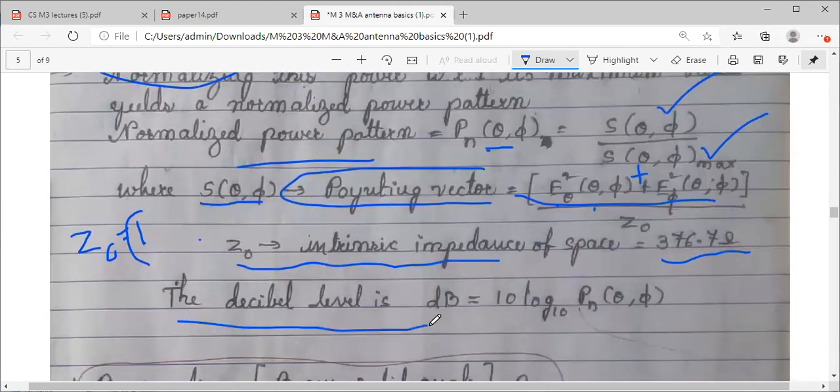I've given you here one more detail, that is the decibel value. Any power is generally represented in decibels. So it is 10 log P. If you want to go for E, then you need to take E square. If we take E square, then the 2 multiplies here and it becomes 20 log. So if you are representing the power in decibels, it will be Pn. In terms of fields, it will be 20 log, and for power 10 log.